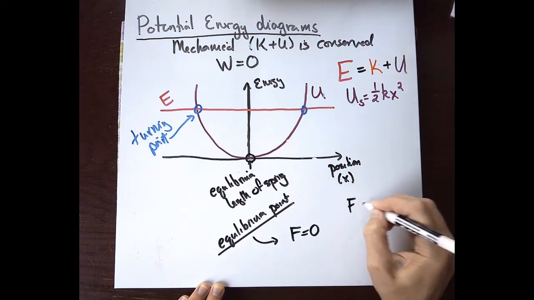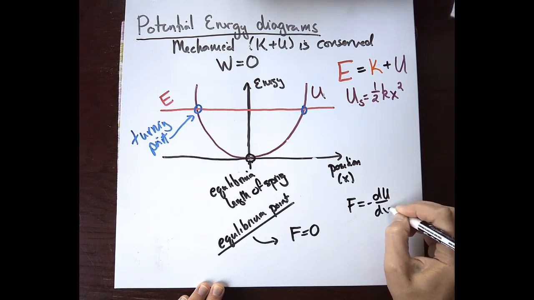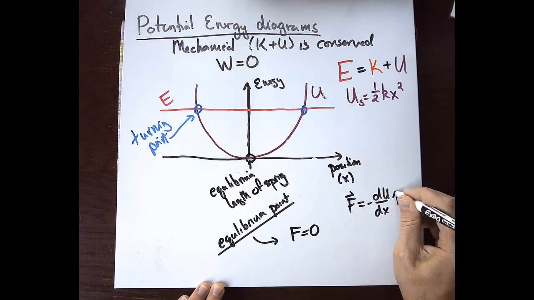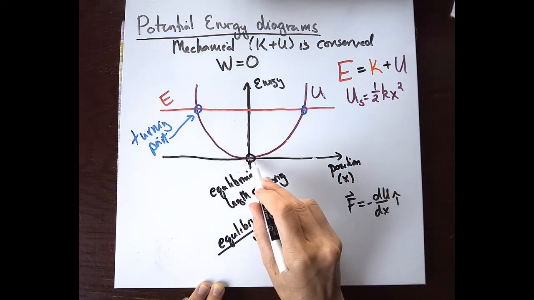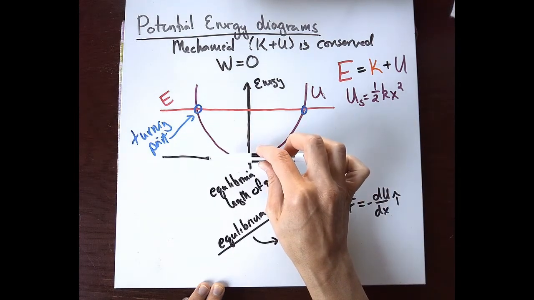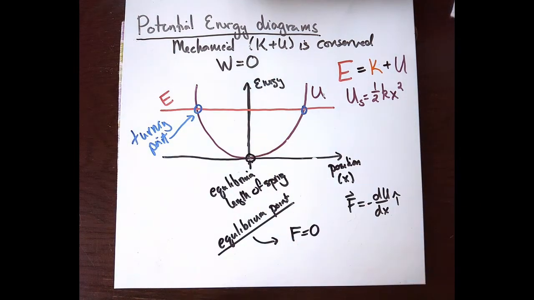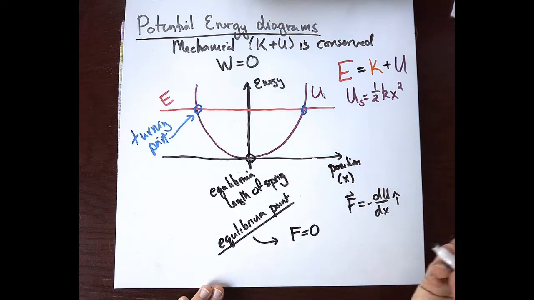And the force, recall, is negative the derivative of the potential. So looking at the graph, that's the slope. Force is the slope. And so there the force is 0 because the slope is 0. And in this particular case, this is what is known as a stable equilibrium point. And that just means that the object is going to stick around. So mathematically,